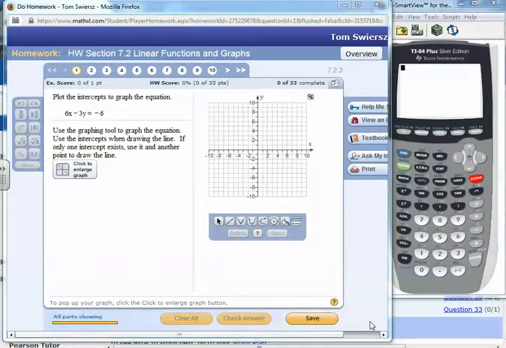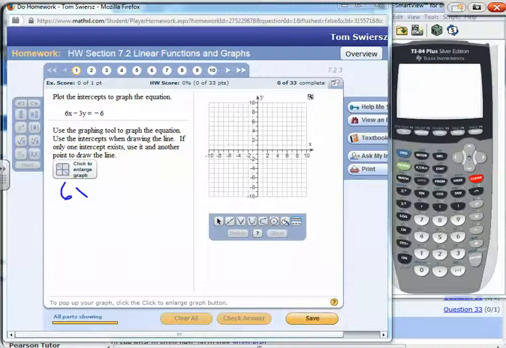Let's go ahead and solve homework exercise number 1 from section 7.2. It says plot the intercepts to graph the equation 6x minus 3y equals negative 6. So take your equation. Now, the intercepts,